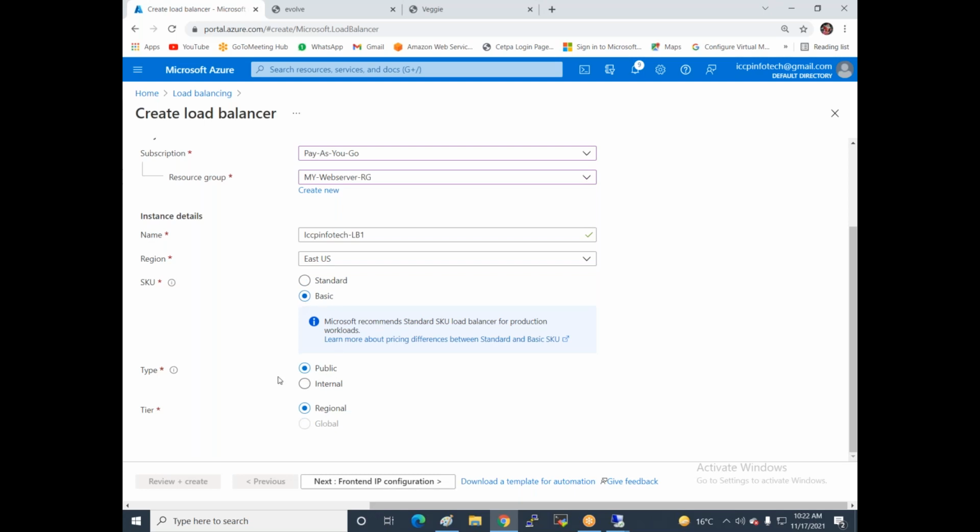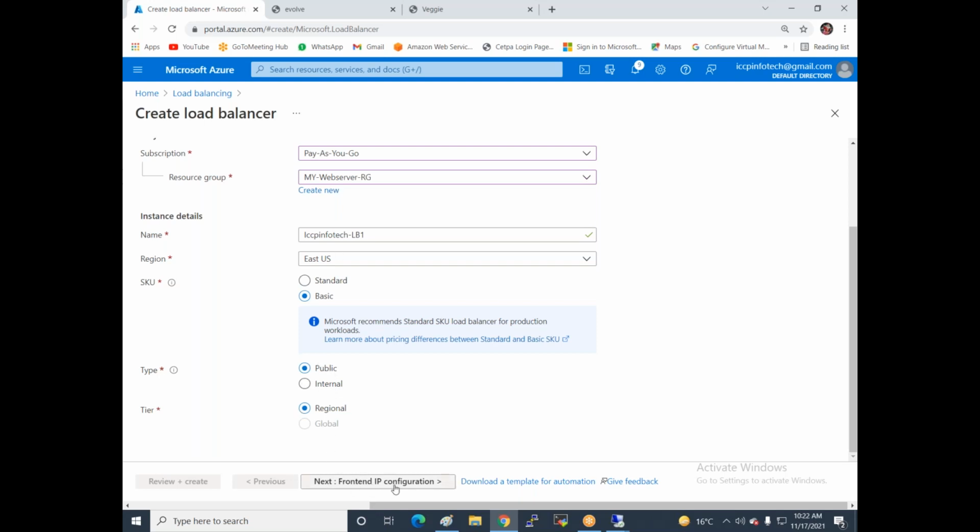There are two options available. One is a public load balancer. If you create a public one, you can access it worldwide, or you create an internal one, which works within a LAN. Now I'm creating a public one because at this time you are in the US, so you can also access these web server services. If I create an internal one, you can't access the services because the internal one works only within a LAN. Got the point? Yes.